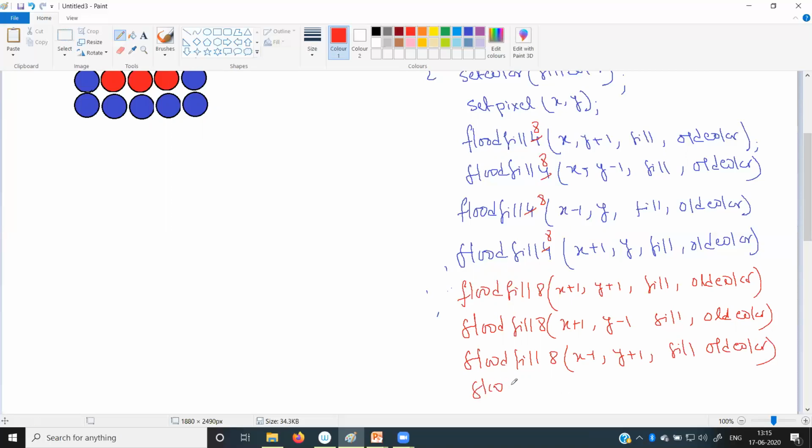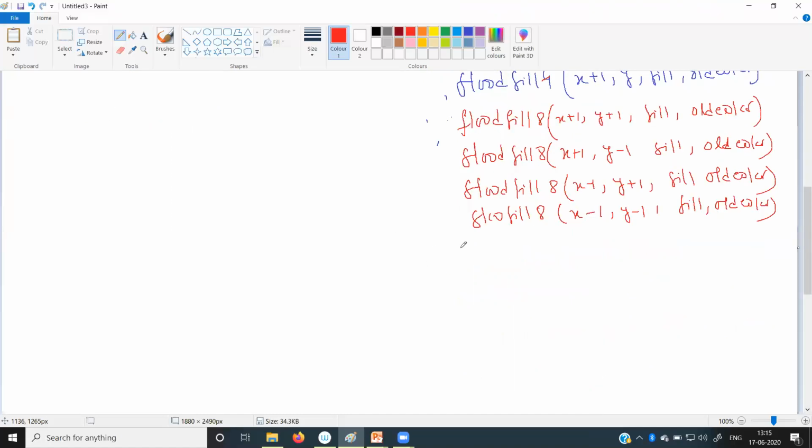And the last one is we call the function for x minus 1, y minus 1, then fill color and old color. Okay, so this is the end of the if statement, this is the end of the function.